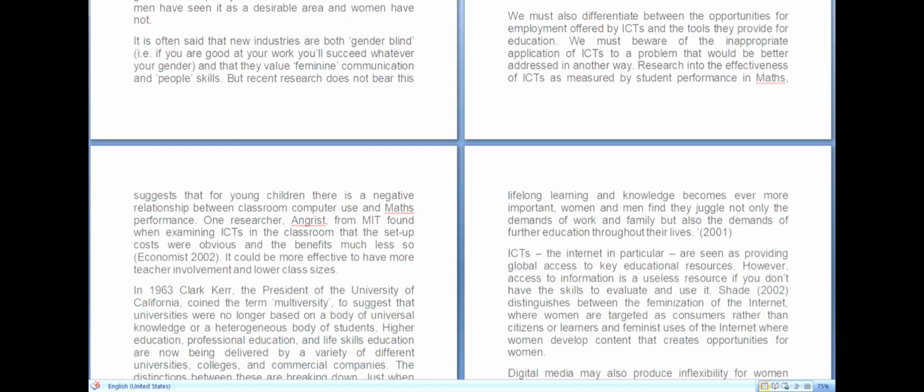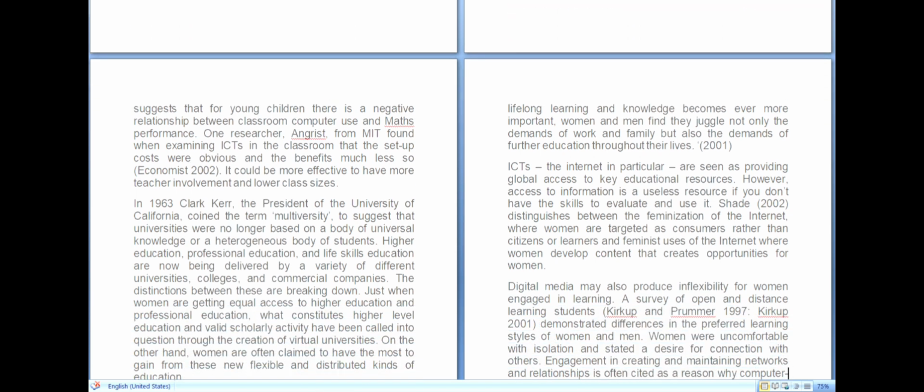But I don't have the name Economics. Economics is a newspaper in foreign. So here is the name which is Angrist. I highlight it. I look for the other name which is in the following paragraph, highlighting it. If it is a hard copy, what do you do? You mark it. Scrolling the page.